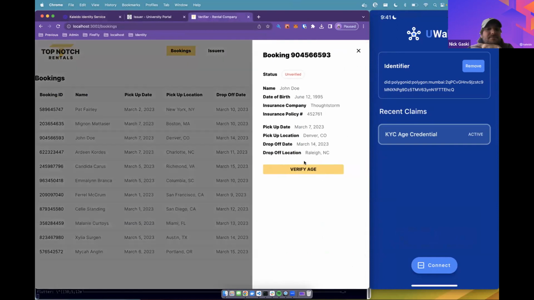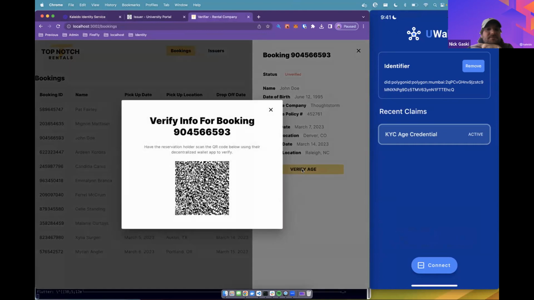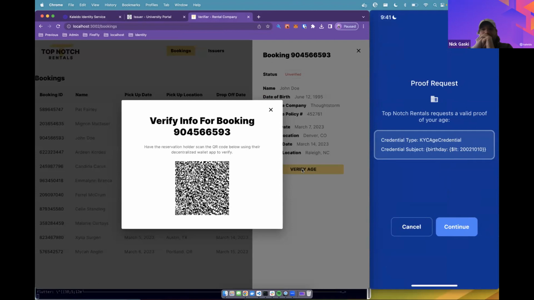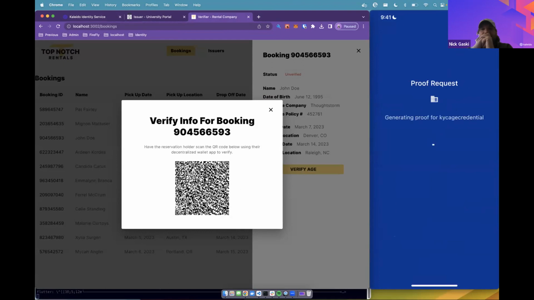As an admin, I need to verify the age of the person that's holding the claim. As David on my phone, I'm going to hit connect and scan that QR code. And here's a proof request saying that Top Notch Rentals wants a valid proof of your age. I can see the credential type and the credential subject saying that my birthday needs to be less than October 10th, 2002. So I hit continue, and then